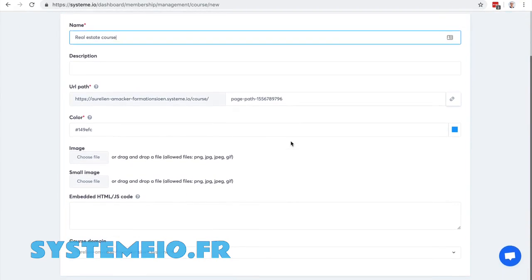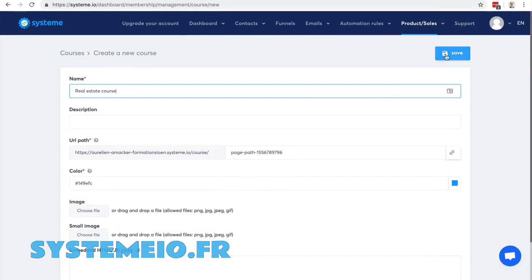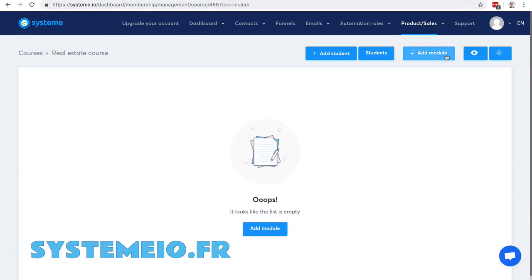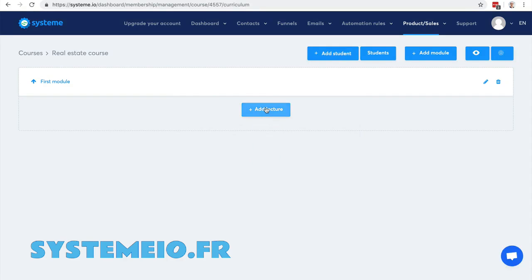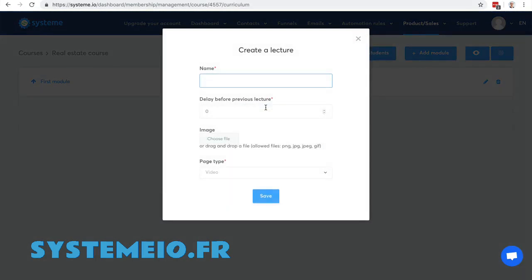So you have a few options that you can leave as is by default. Here it's empty because that's actually the curriculum of my course. So I'm gonna click on add module. That's gonna be the first module. And then I'm gonna add some lectures. So let's say, you know, it's gonna be like chapter 1,